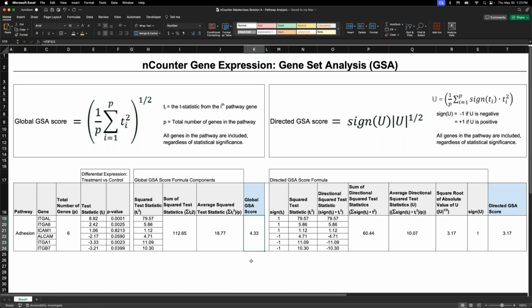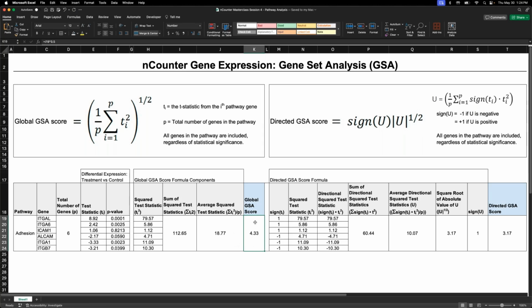It's very simple in terms of the math, but this nomenclature, this representation can be quite daunting if it's not easily understood and interpreted. So let's look at this global score here, 4.33. This is kind of the average value of all of our squared T statistics. The key here is that this is global, so we're not taking into account the direction. We're not looking at, is the gene upregulated? Is the gene downregulated? Are these T's positive, or upregulated? Are they negative, or downregulated? We're squaring these values. So if you remember, we square all these T's, so everything becomes positive.